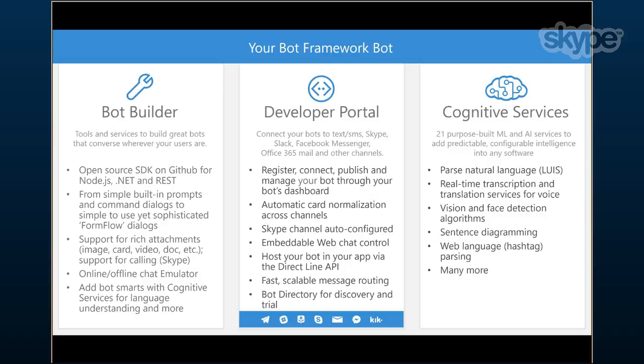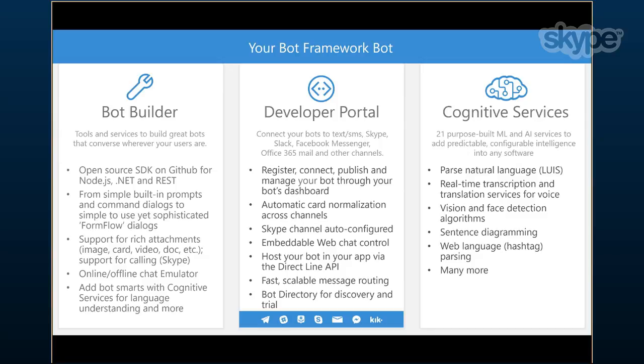If you're a JavaScript developer, you don't necessarily have to code on a PC. You could obviously use a PC, but you can also use a Mac and Linux to develop your bot as well. One of the tools that we provide as part of the SDK is a bot framework emulator that emulates one of the channels. So you can write your bot completely standalone without publishing onto any of the messaging channels. Test your bot, update your bot, debug your bot, get your bot to the point where you're ready to publish, and then publish and light up on the channels that you want to light it up on.